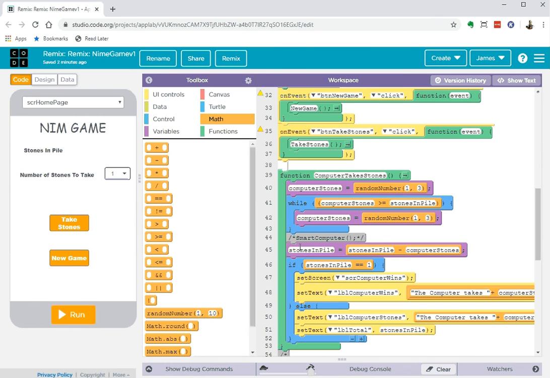So right at this point, now I have a number of stones. The computer's chosen a number of stones that's appropriate. So it should take the computer stones and subtract that from the stones in the pile and put that into a variable called stones in pile. Okay, now we've got to figure out what to do next because it's possible right now the game is over. If the stones in the pile at this point is 1,